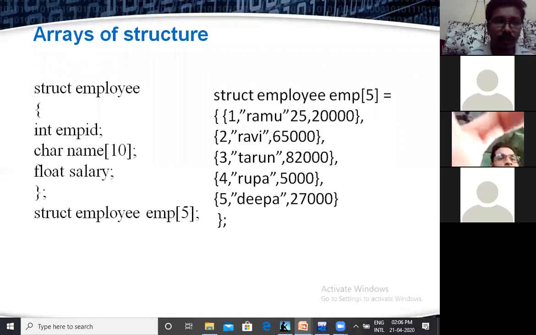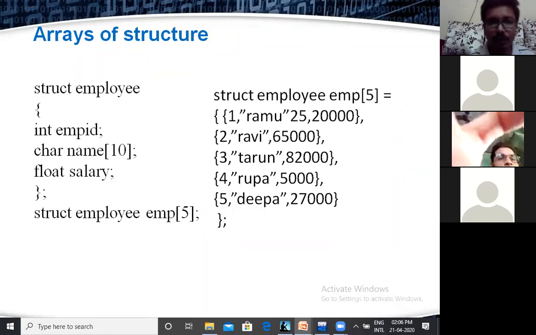Next, one more example, arrays of structure. Employee is a structure name that contains three members: employee ID, name and salary. Totally employee variable declared as an array. What is the size of that array?